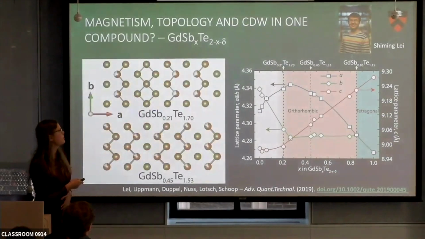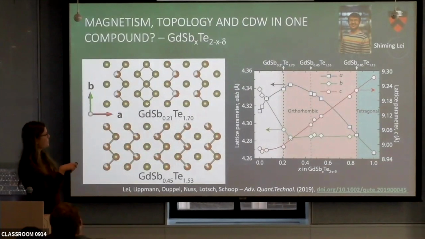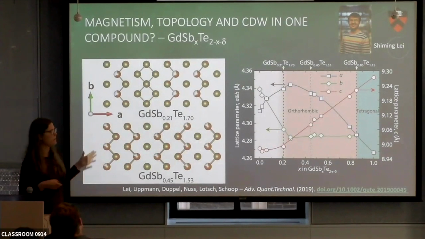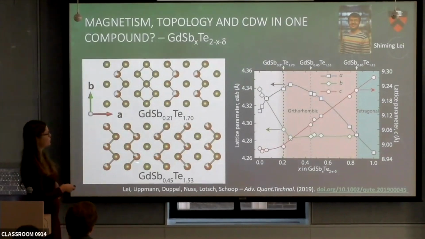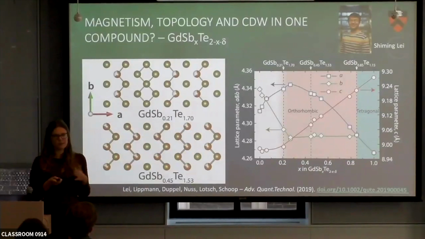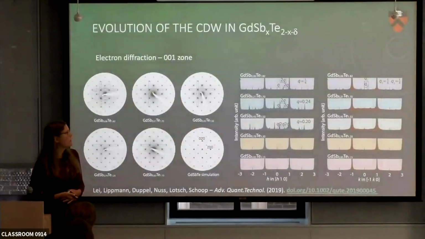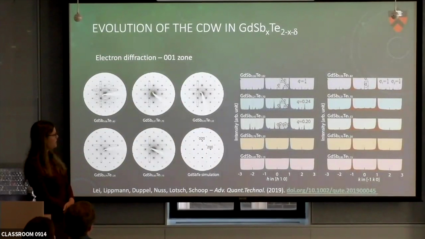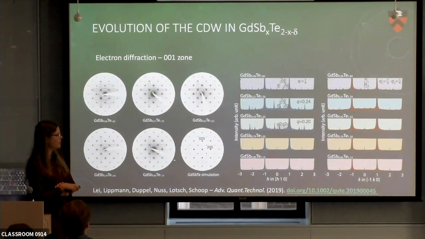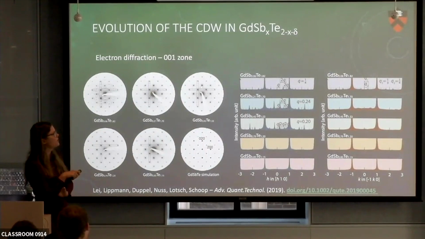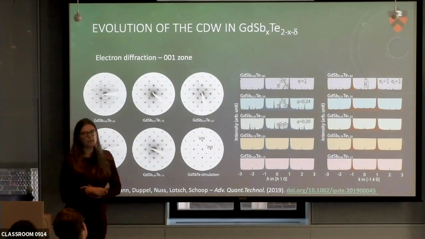And for two of the structures we solved the crystal system, and we get very complex arrangements of the square nets in here. So very long unit cells, which can be 4-fold or 5-fold enlarged. So complicated structural rearrangements. And we can look at these under the TEM. And okay, there's a lot of information on this slide, but basically this would be a TEM diffraction pattern of the perfect tetragonal case. And with low doping, there is no difference to be seen. But then at higher doping, we get all these extra diffraction spots here. And we can measure the distances here to get Q vectors of the charge density wave.